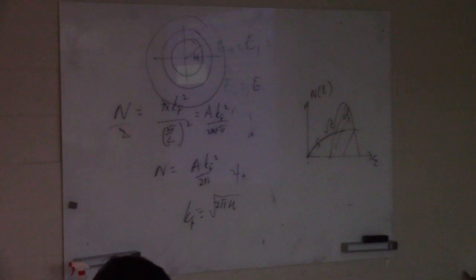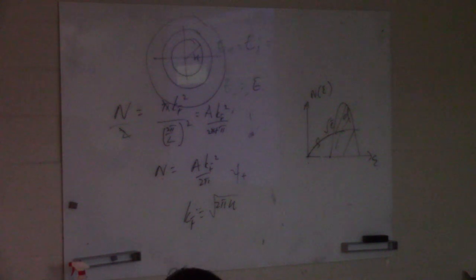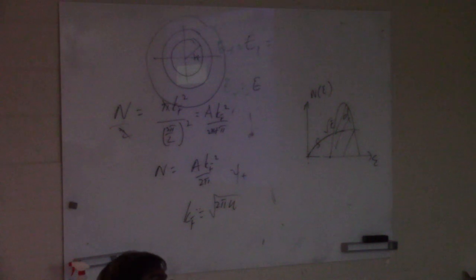Then Bloch said your wave function that you want to represent should have the periodicity of this u, times